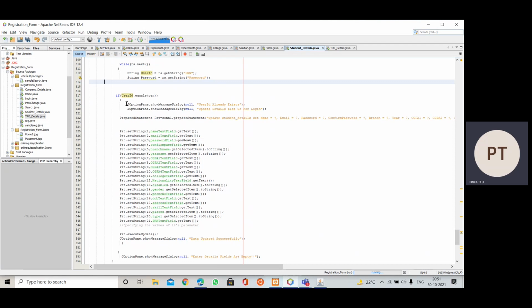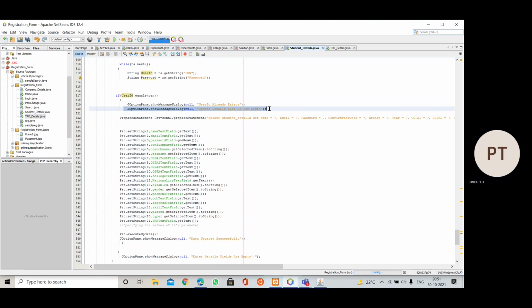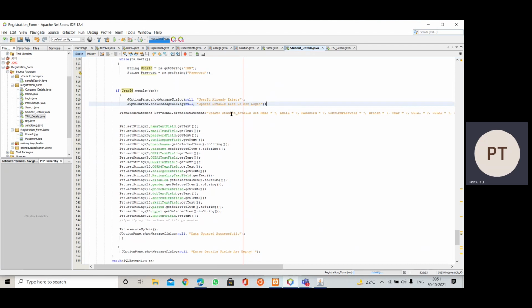That particular user ID is checked, and the other data will be updated for that user ID. First it will display the message that the user already exists, and then it will display the message to update details or else go for login.